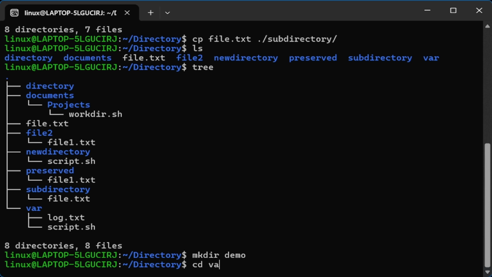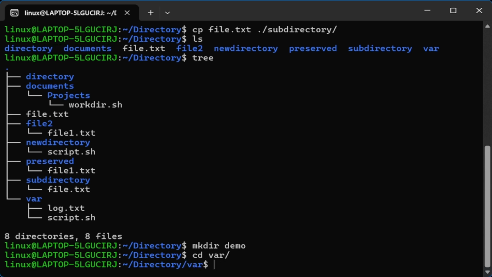Let's move into var, and now we want to copy these files, log.txt and script.sh, into demo. In order to do so, I would highly recommend you always specify the full path, ending with the directory. When you hit enter,